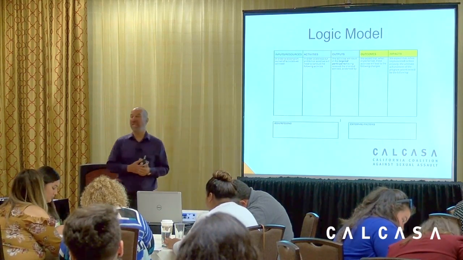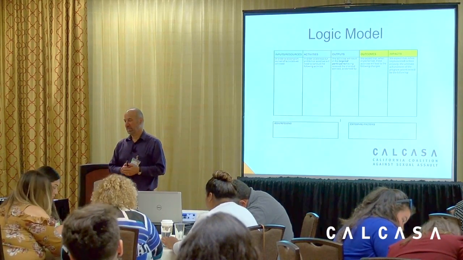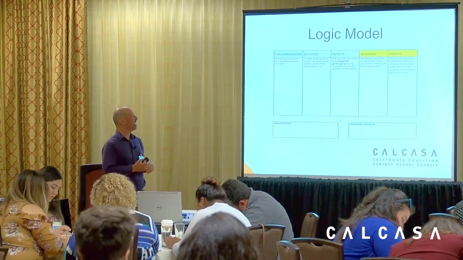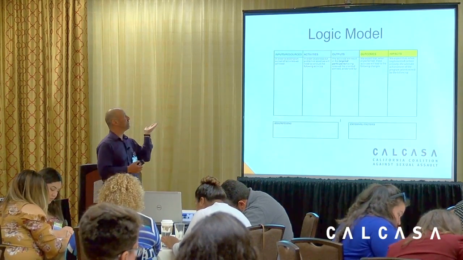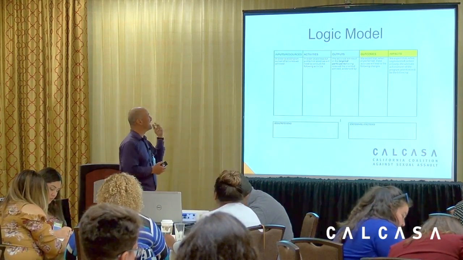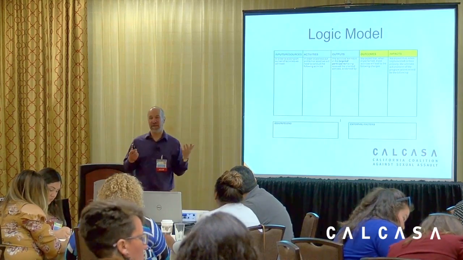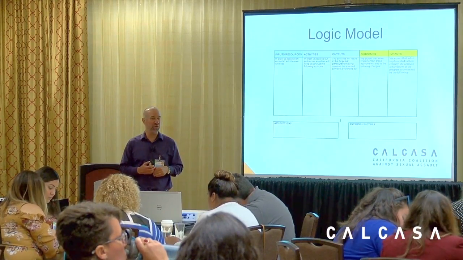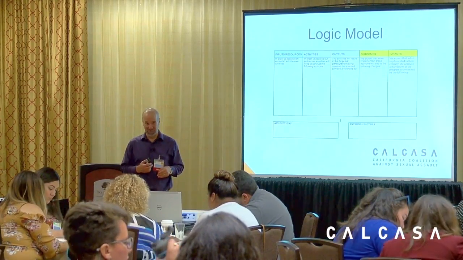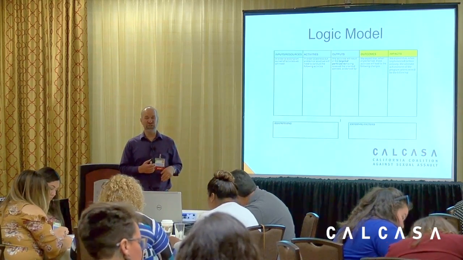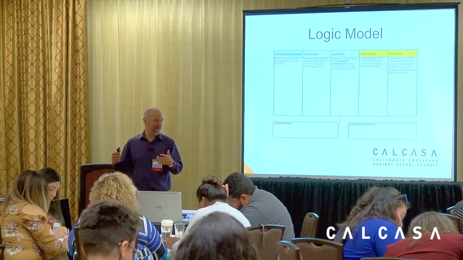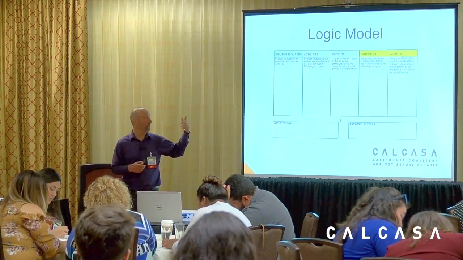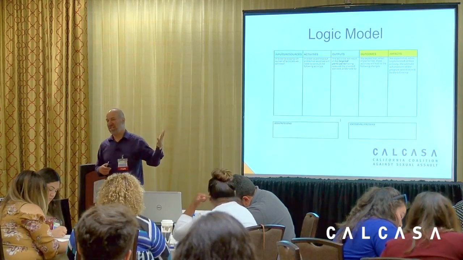Activities are, what are you going to do? Then there are the outputs. Outputs are what the activities will result in for those participants having received something. So outputs are, we're going to do 10 presentations to 5 groups, which means a total of 50 presentations. And so the outputs are those process outcomes, the process pieces that we talked about.